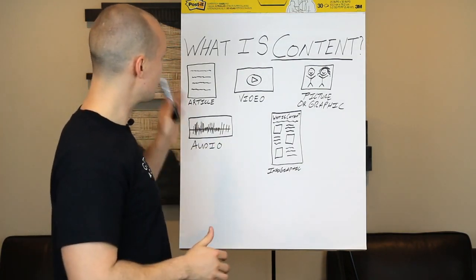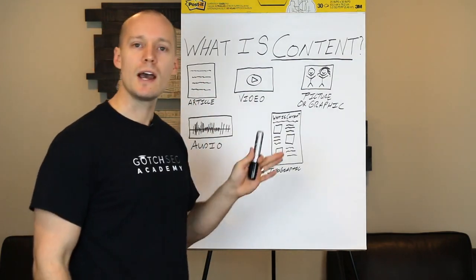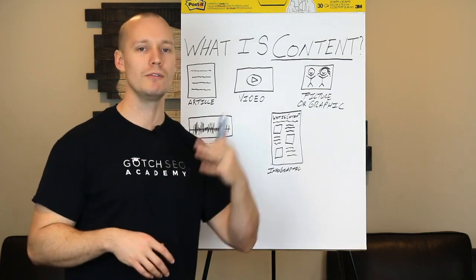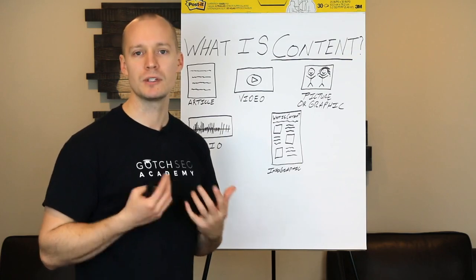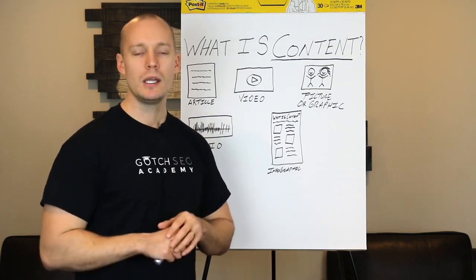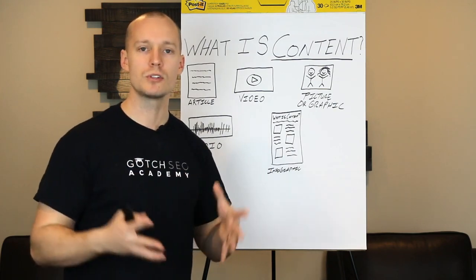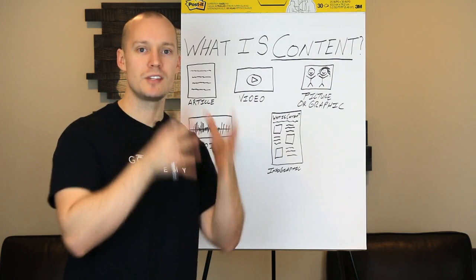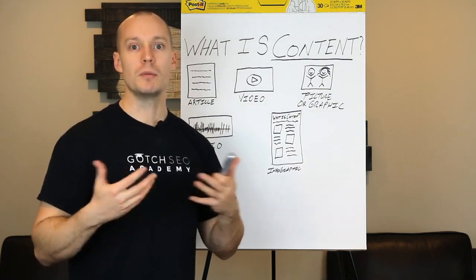Number three is there are many different types of content. When you think of content, you probably think of an article, you may think of a video, but in reality, there are about 5 different types of content. This is important to know because with the strategies I'm going to be showing throughout the course, you're going to be combining a lot of these different types of content into a single asset. So it's important to know what they are so you can be prepared for that in the future.